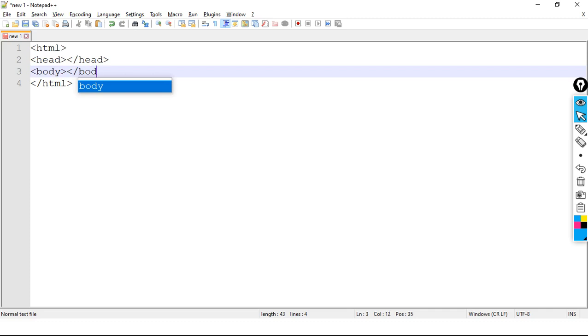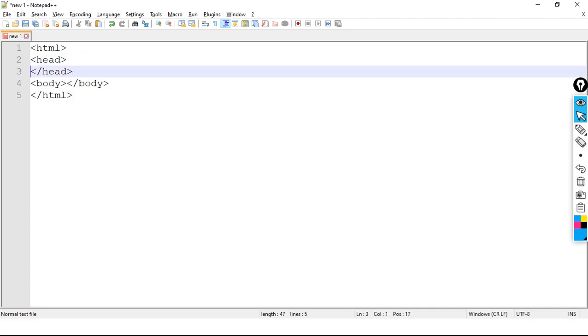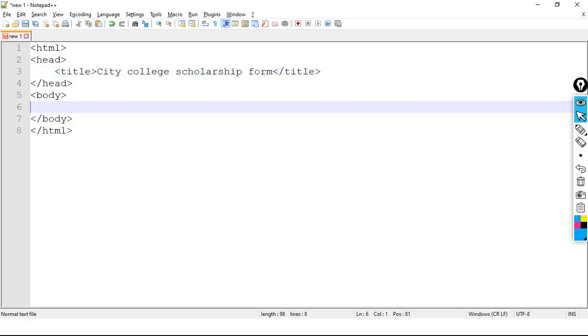And in the head section we have the title. What is the title? City College scholarship form.